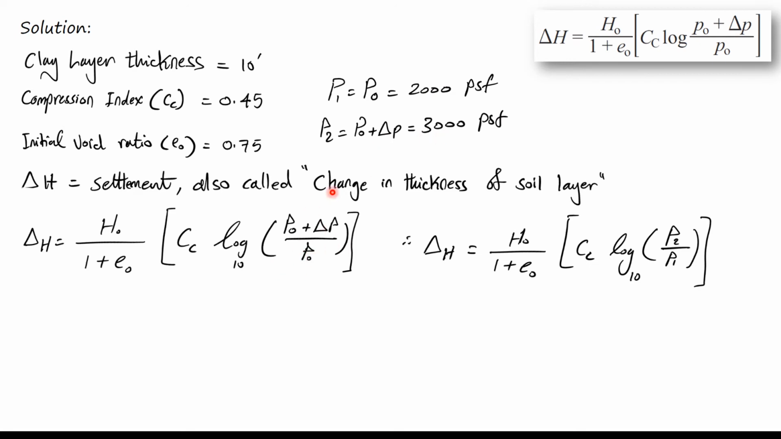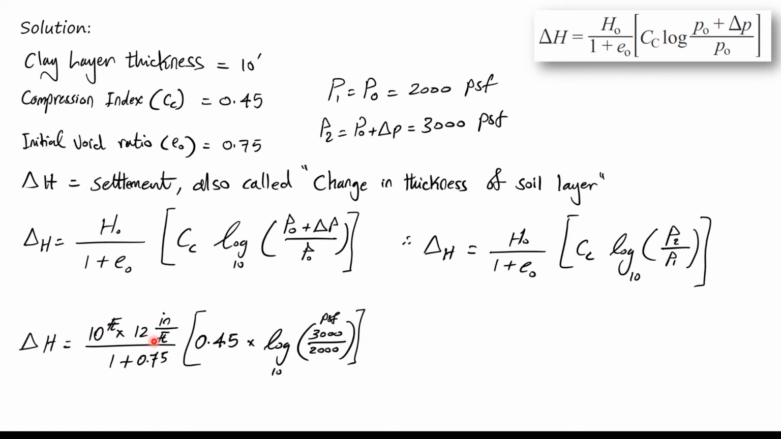You can use, really, this is just another form. Sometimes it's easier to put P2 over P1. H naught is 10 foot. If you want to convert it, you can convert it. If not, it's okay. You will get the results in foot, and then you can convert that to inches